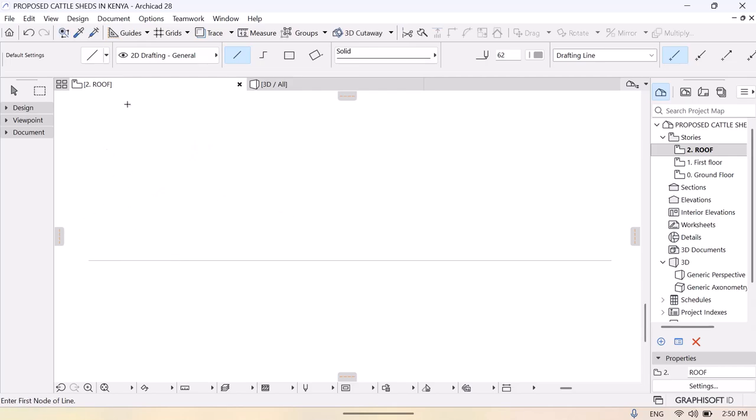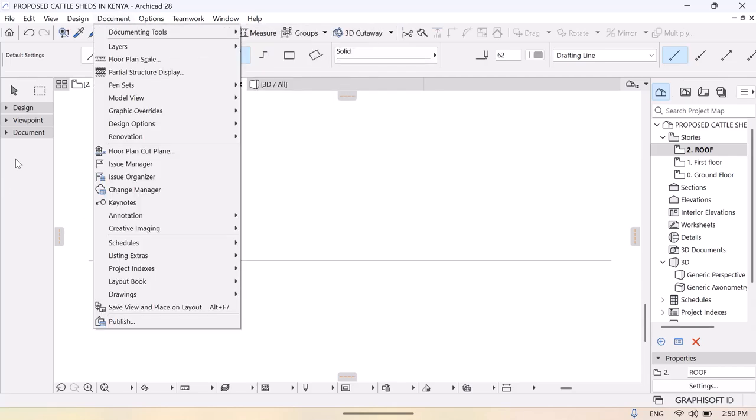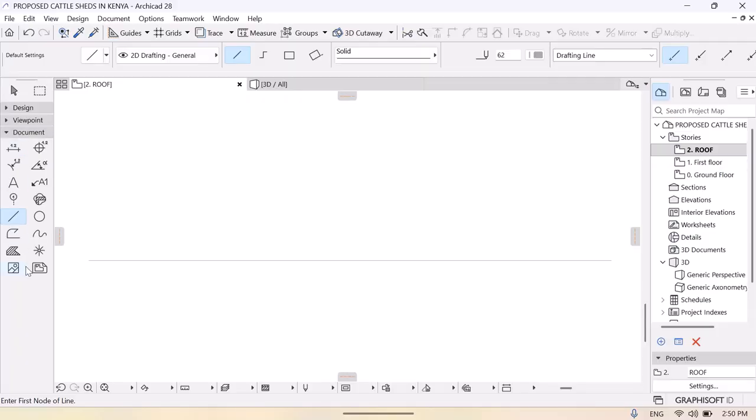So you come to the arc tool, come to the documenting tools, and from this we are going to calculate an angle, the roof pitch, of 30 degrees, which is going to be there. Same for this other part, but this being the opposite side, it should be a negative 30, or rather 180 minus 30, which is 150. So let's work with negative 30,